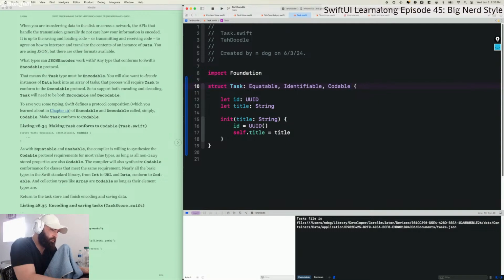Oh, okay, meaning we don't have to manually add the properties or methods required to the type, it'll do that for you simply by marking it as conforming, like we did here, as long as all non-lazy stored properties are also Codable. The compiler will also synthesize Codable conformance for classes that meet the same requirement. Nearly all the basic types in the Swift standard library, from Int to URL and Data,